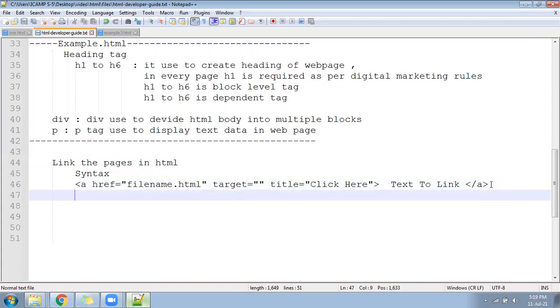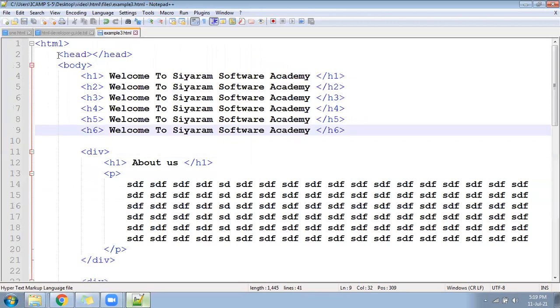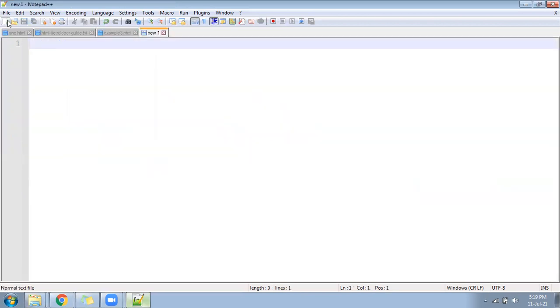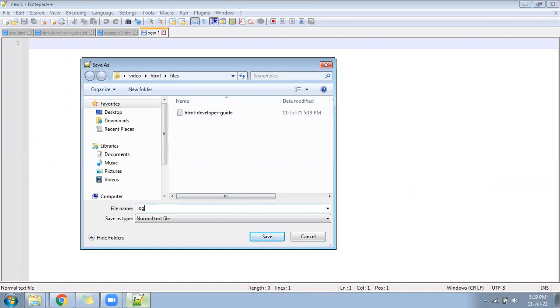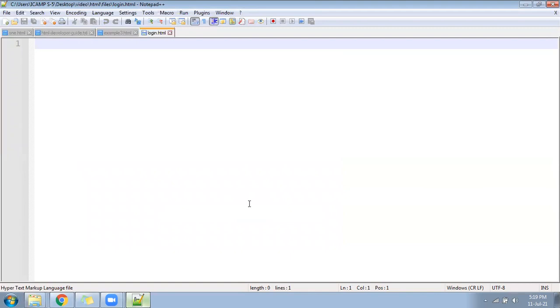We have already gone till example 3, and today we are going to see example 4. In example 4, I will not give exactly the file name as example 4. I'll give a file called login.html. I believe you are saving the files in one folder. You have to create one HTML folder and save all the files in one place. It should not be one file on the desktop and one in the D drive; 100% it will not work. So keep all the files in one folder, in one place.